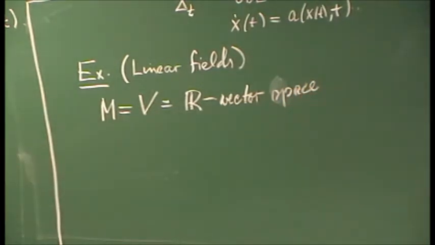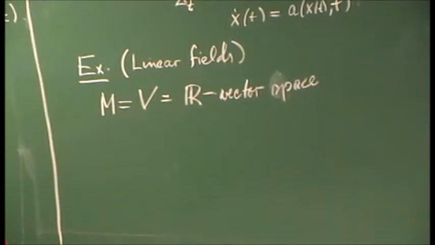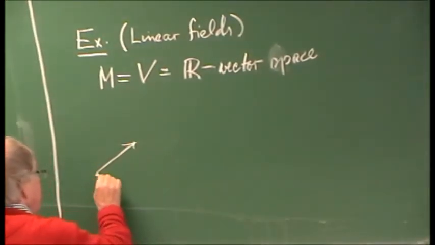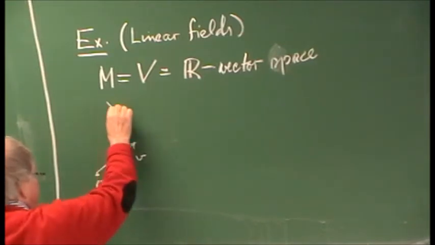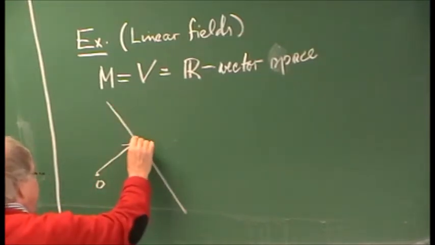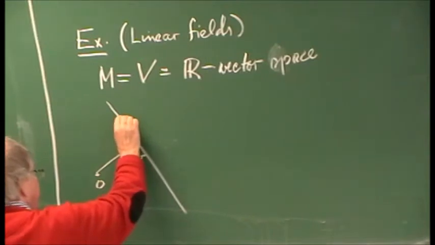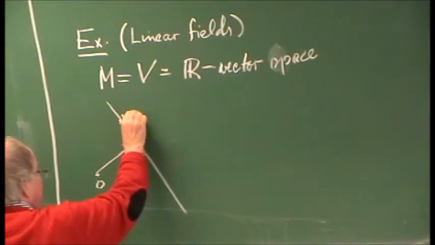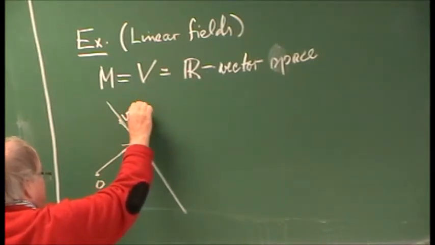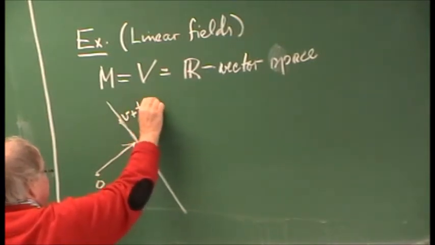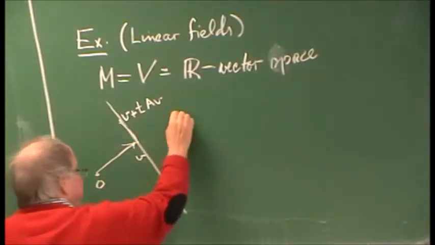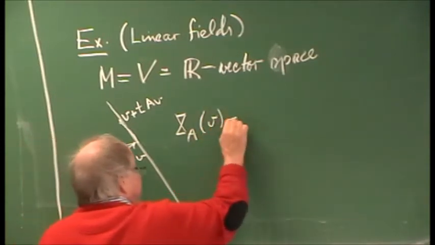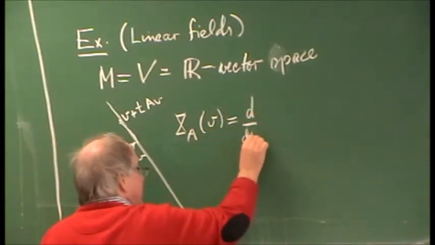Real vector space. You should make a picture of a linear field like this. Here is 0, here is V. And we know a field is obtained by differentiating along an affine line. So you differentiate along the line which is given with base point V, and you differentiate in the direction A of V. So the field here, XA, is given at the point V by differentiating along this affine line